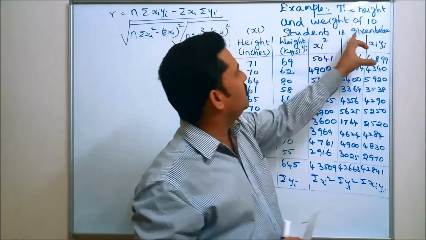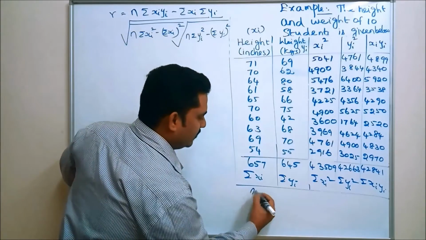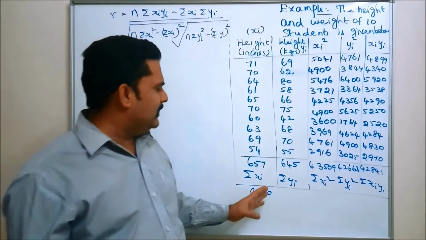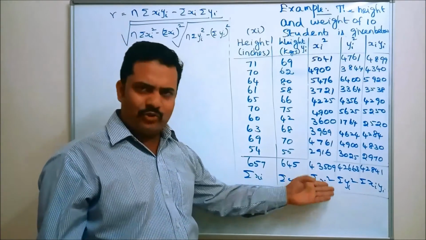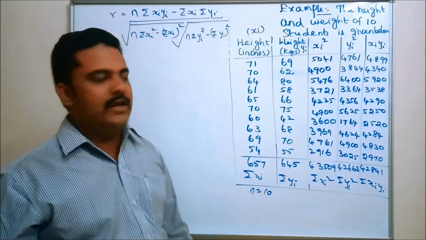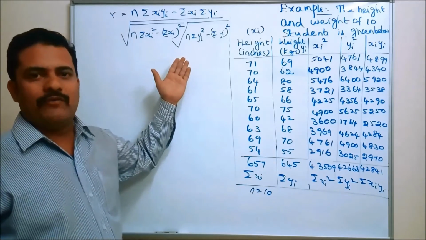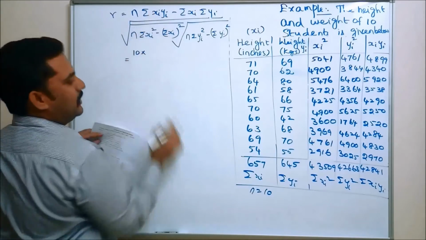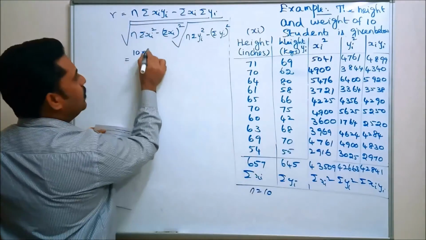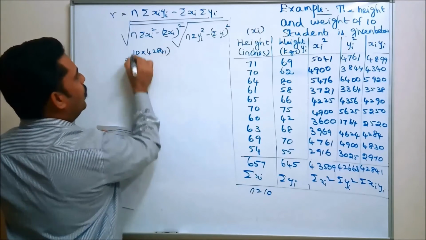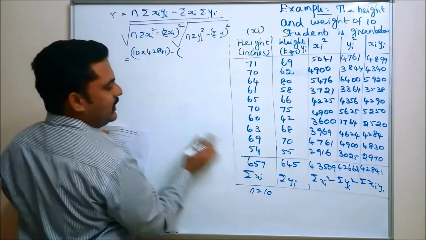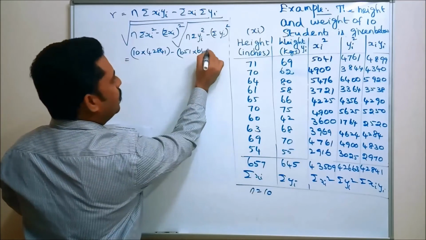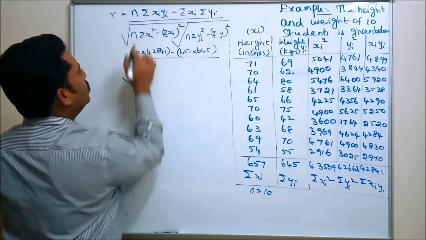The height and weight of 10 students is given below, and hence n is equal to 10. Just substitute all these values, summation xi, summation yi, xi power 2, yi power 2, and the value of n in the associated rule that we have for the correlation coefficient. In place of n it is 10. Summation xi into yi, this is 42841 minus summation xi, this is 657, summation yi, this is 645, the whole divided by square root of the